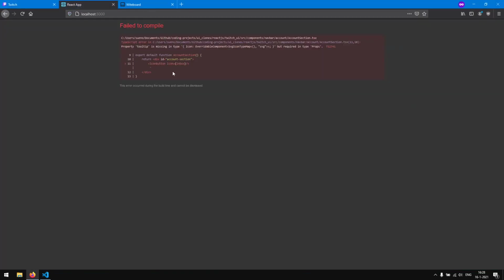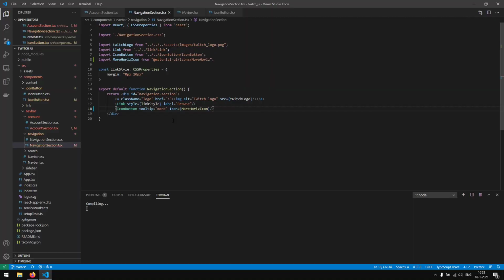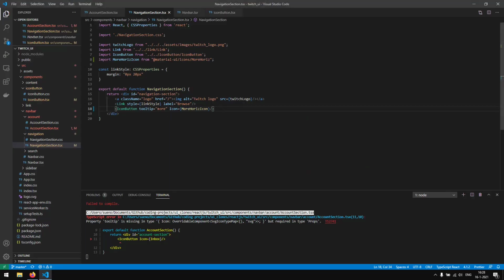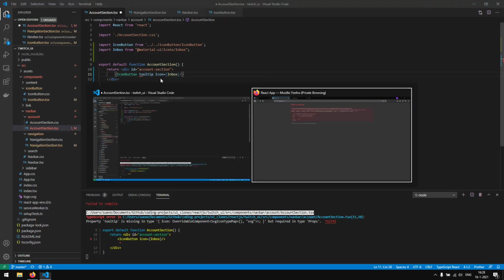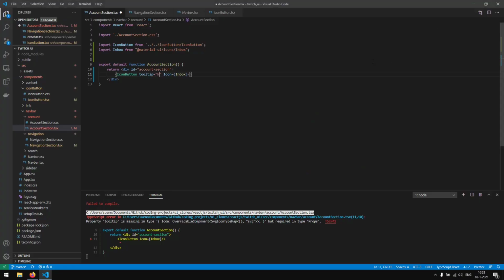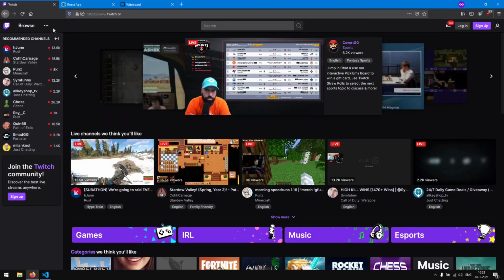And we probably will get an error. Yes. So we need to pass the tooltip in right here. Pass more, I think. Yes, more. And then in our account section, we had the tooltip of something with loot, new prime loot, new prime XO. Okay, and I actually see that our tooltip is